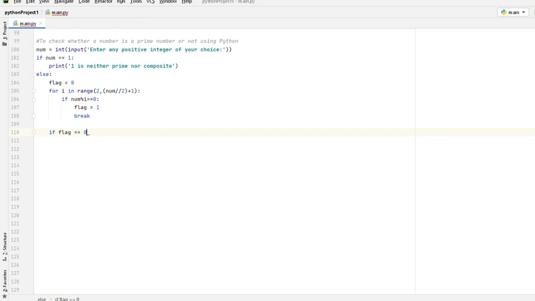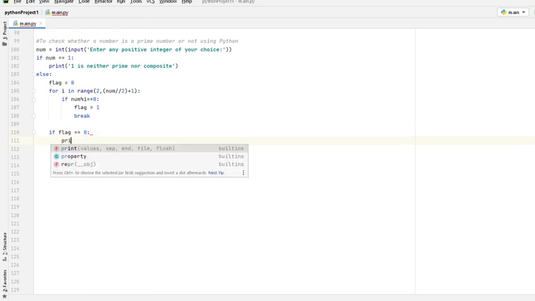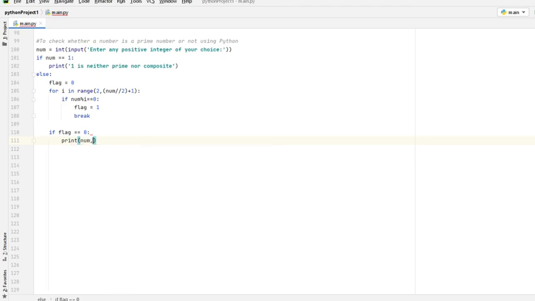So if flag equals 0, we can print that num is a prime number, because there is no other factor of it. For the else part, that is if flag equals 1, we can say that the number is not a prime number. So that's it. That's the code for it.